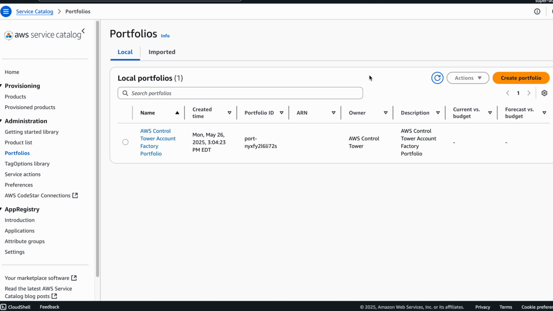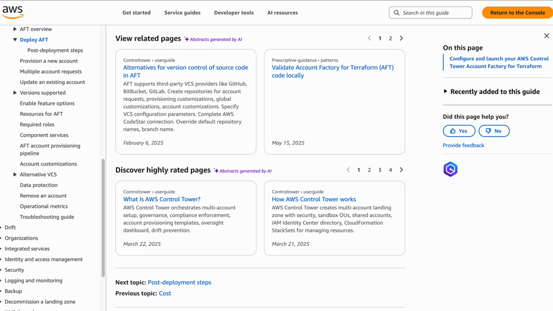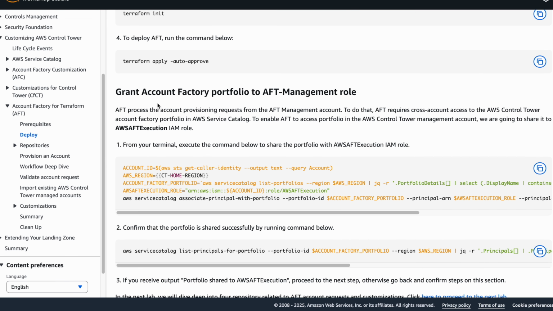But this is created in your super admin account, your root account, but your AFT pipeline was running in a different account. So because of that, this is like granting the account factory portfolio to the AFT management role. So you have to do that part.